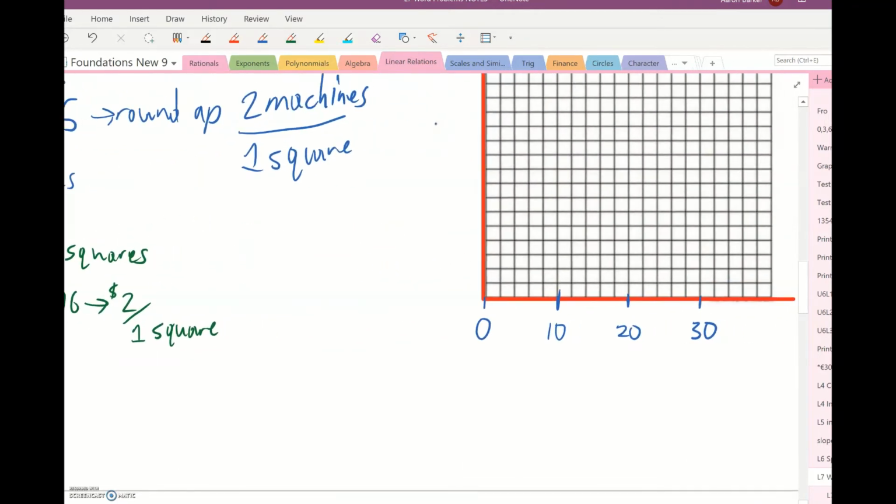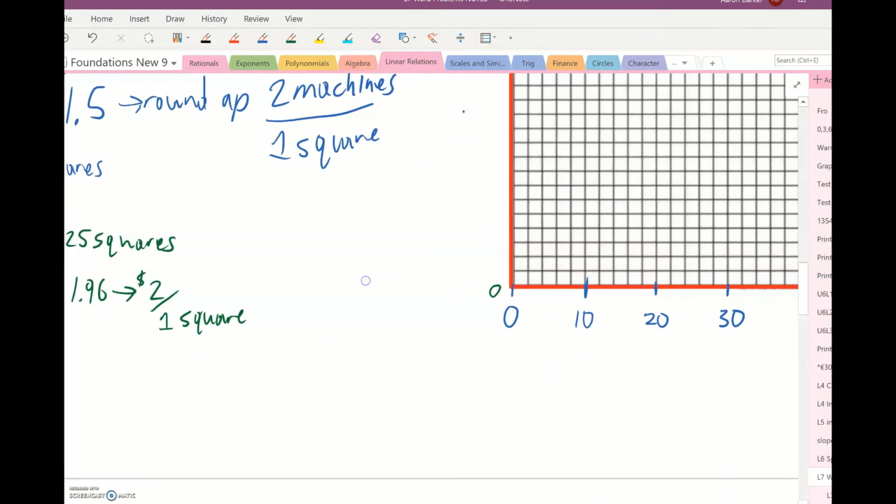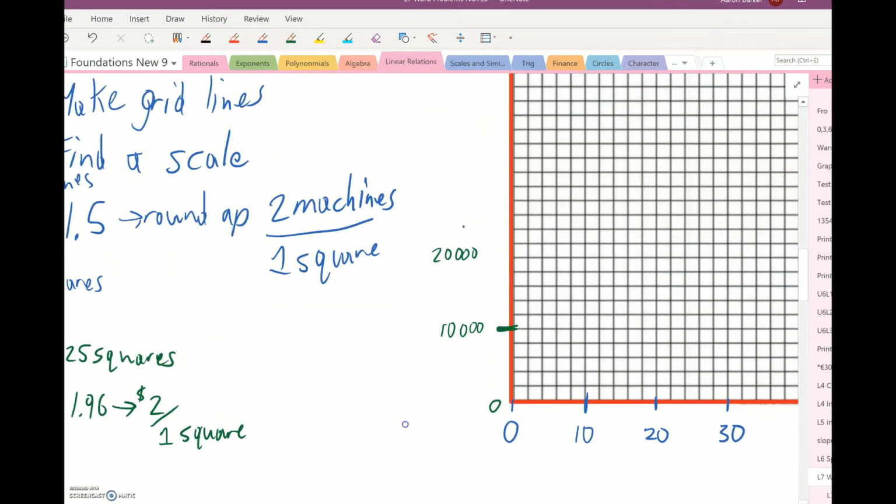Okay, so starting at 0, we're going to go up 2, 4, 6, 8, $10,000. 2, 4, 6, 8, $20,000. Let me just view this. And you don't have to tick every square. Okay, you see I'm not doing that. 2, 4, 6, 8, 30,